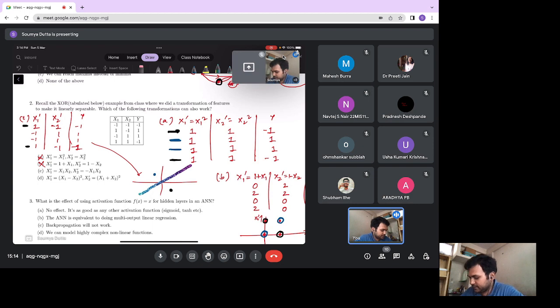Consider this as the classifier that you wanted to draw, and you see that the two blue points and the two black points are on opposite sides of the linear classifier, and therefore XOR becomes linearly separable by this transformation. So C is definitely a correct answer. Also, if you work out D, I believe that will also come out to be correct, but let me still